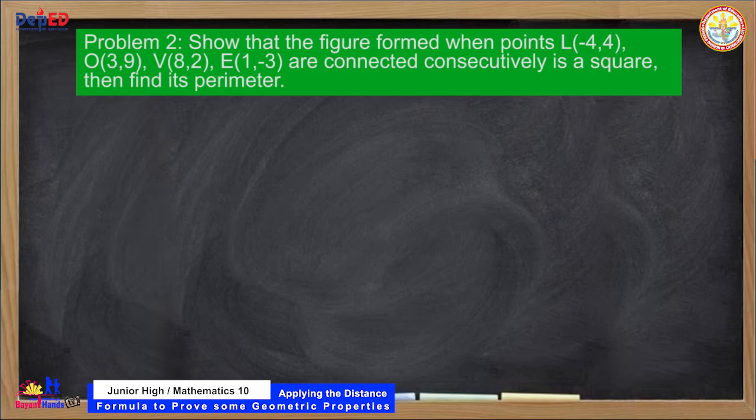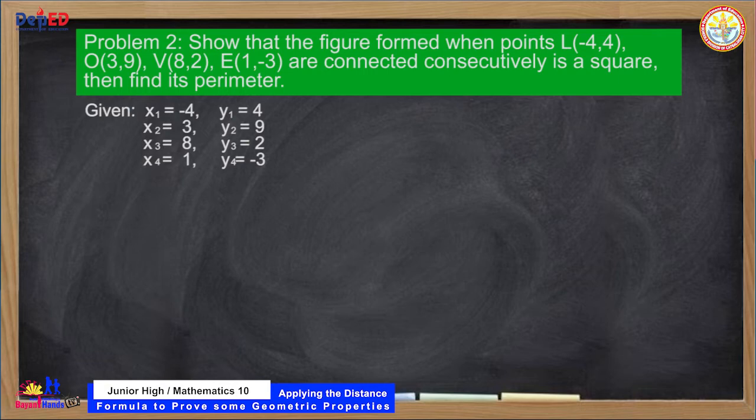Problem 2. Show that the figure formed when points L (-4, 4), O (3, 9), V (8, 2), and E (1, -3) are connected consecutively is a square. Then find its perimeter. Our given are x sub 1 is equal to -4, y sub 1 is equal to 4,